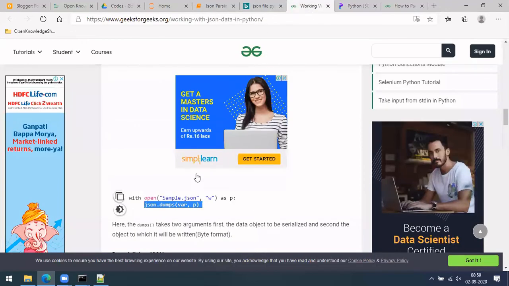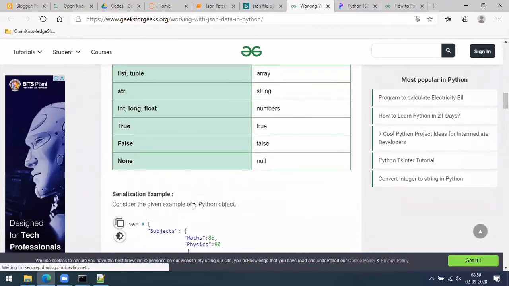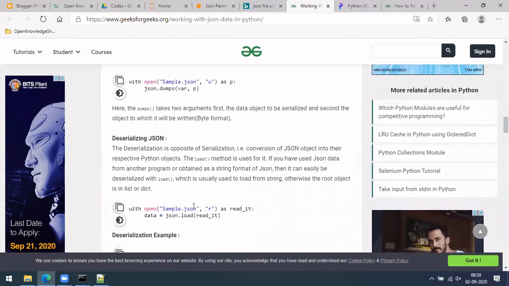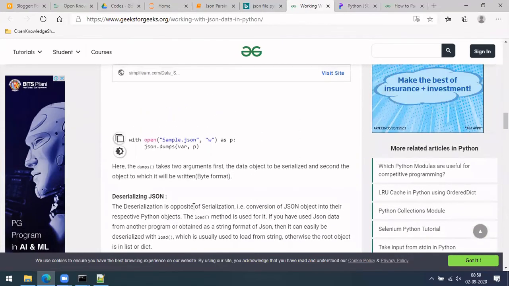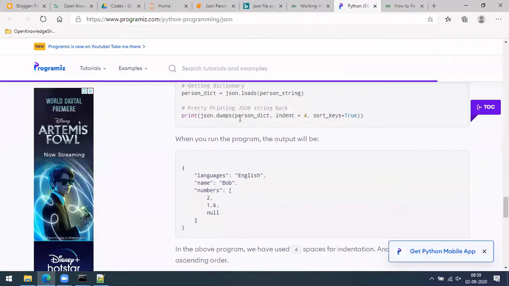Okay, so why is it done this way? This looks similar to what we did. Seriously, it takes two arguments. Let me see this. So dumps dict, this is fine.